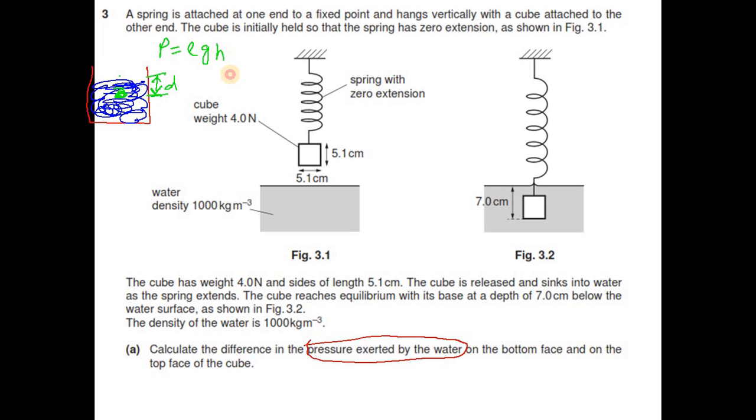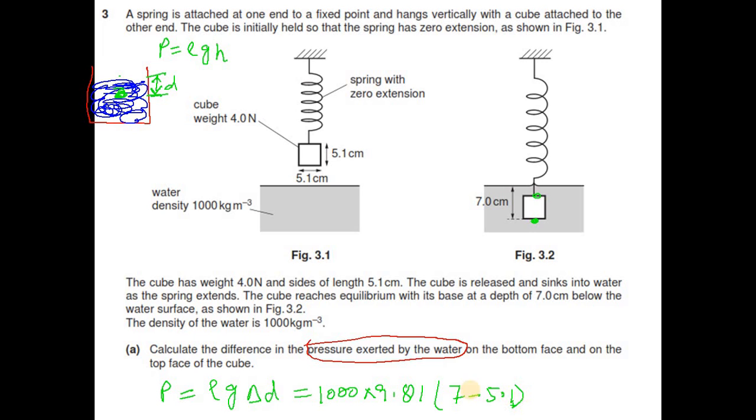And if we need to find the difference of pressure between the bottom and the top, we need only the difference between the depth, which is 5.1, and the 7. So you can say that pressure would be equal to rho g and change in the depth or distance between the faces. So rho is 1000 times g, 9.81, and the depth difference between the two faces is 7 minus